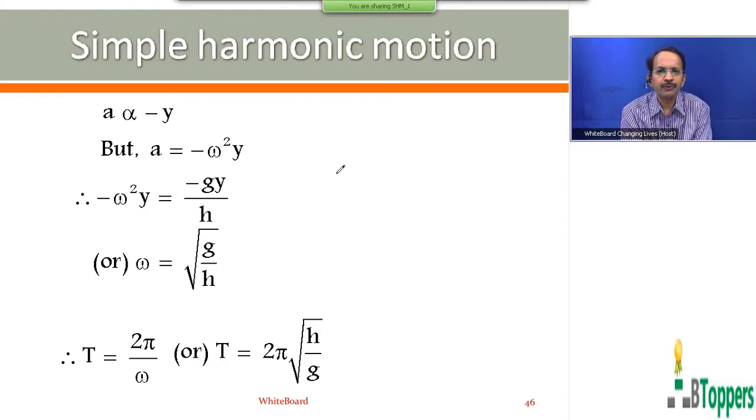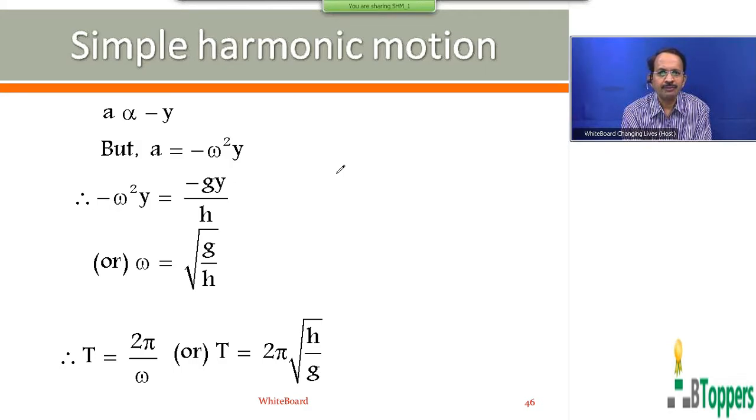That means if you observe the question paper set for board exams, intermediate board exam, or in Andhra Pradesh, or in other board exams, even in 11th class board exam papers, number of times, one question you find repeatedly in the long answer questions in the past papers. That is to show that the projection of a particle performing uniform circular motion on one of the diameters is simple harmonic.